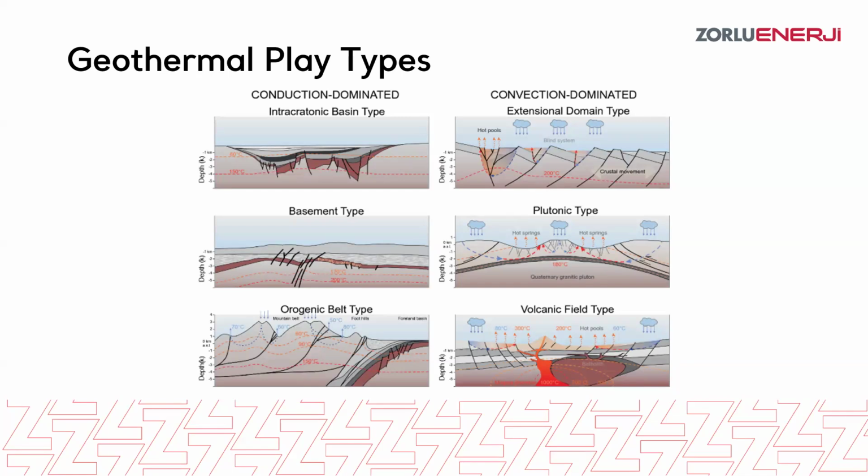But in conduction dominated regions, it is also possible to have geothermal energy, because, as I said, depending on your application, heat demand or energy demand will be different, and you can easily use conduction dominated fields for direct use applications with the correct project planning and prospecting. Okay,